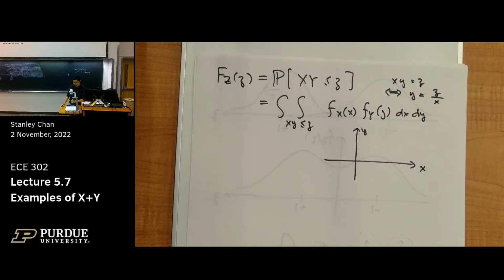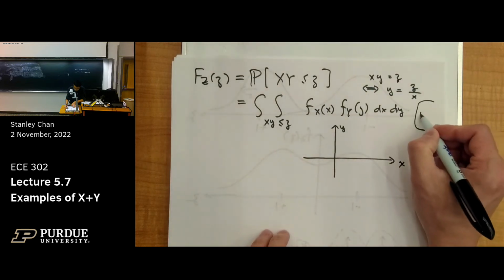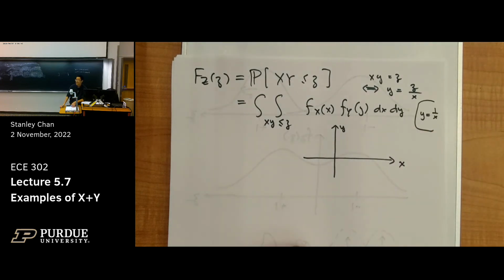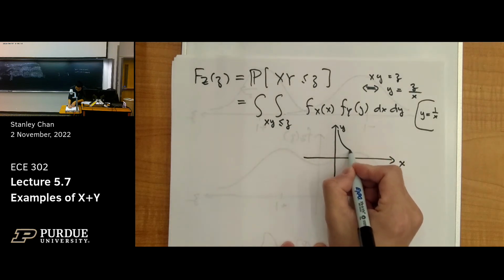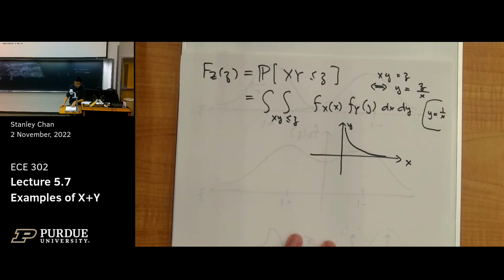I really hate symbols, so let's not worry about the symbol. Let's just think about this. How do you draw y equals 1 over x? You put z equals 1. That's a little bit easier for me. How does this function look like? Going down, right? Going down like this. Okay, good. So if it goes down,